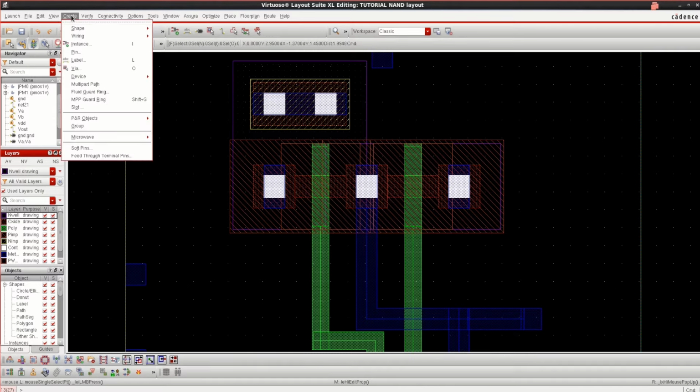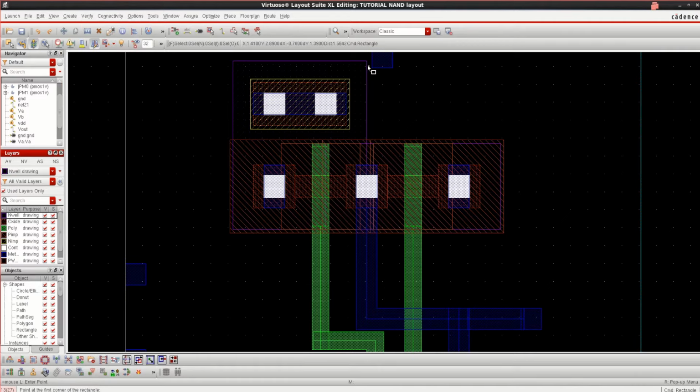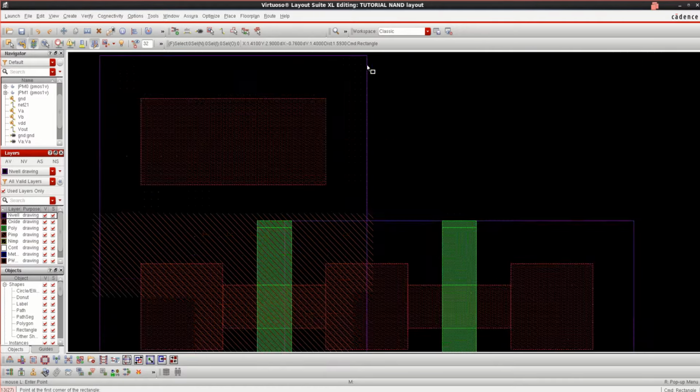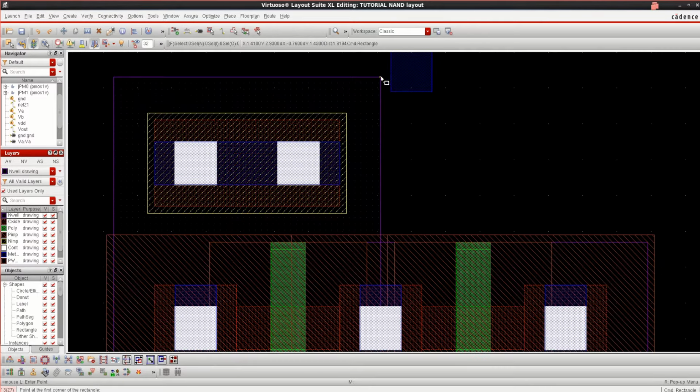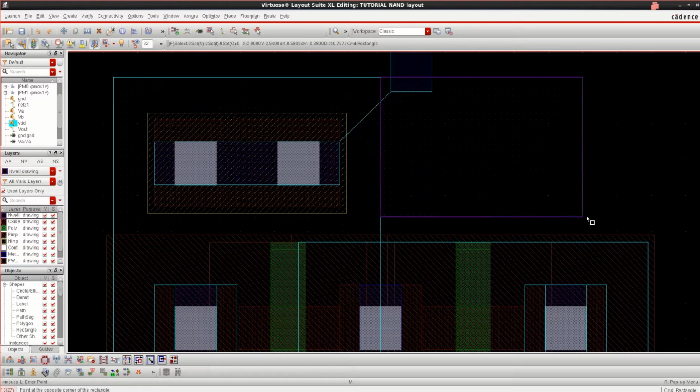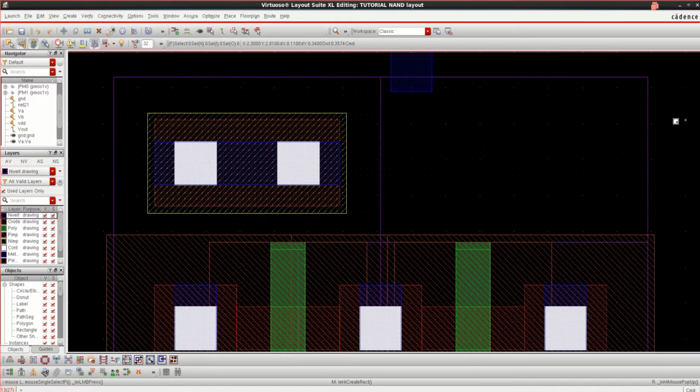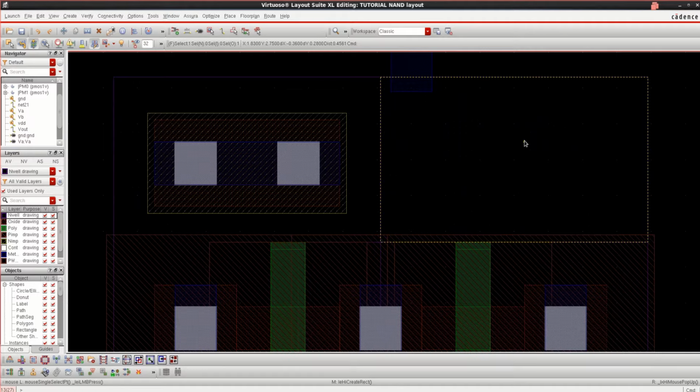Use the shortcut key or use shape. You can use a rectangle to connect it. So it will be in the rectangular mode. You can select this point and see that the well is connected properly. The well is connected. Fit F.